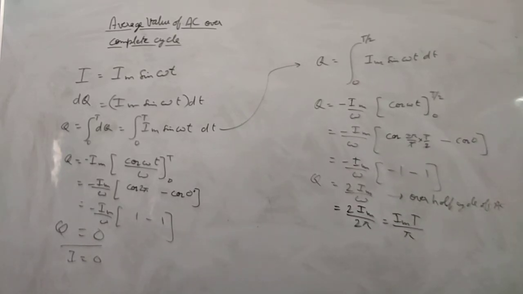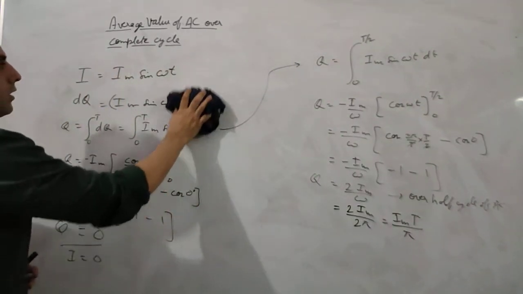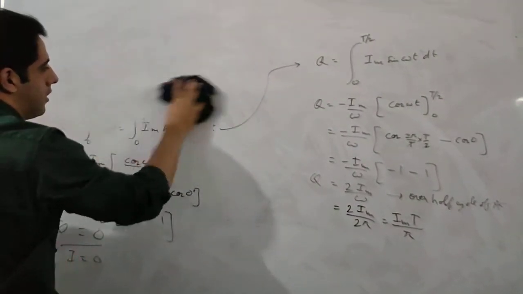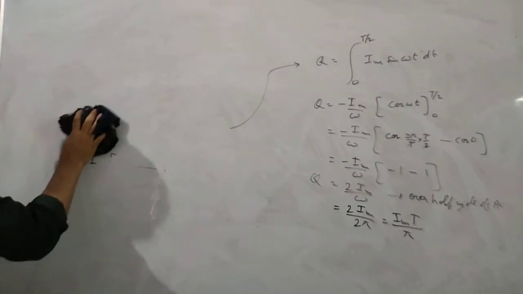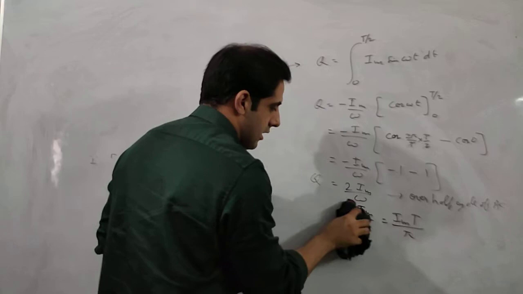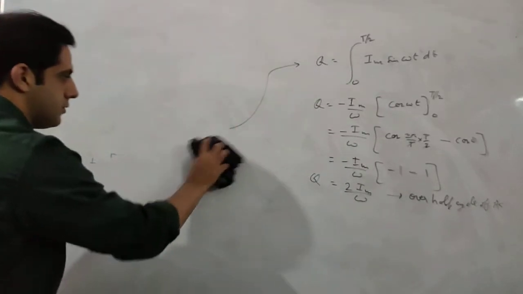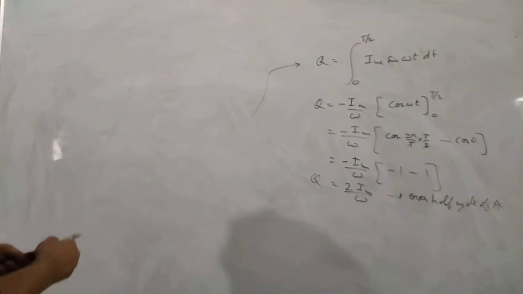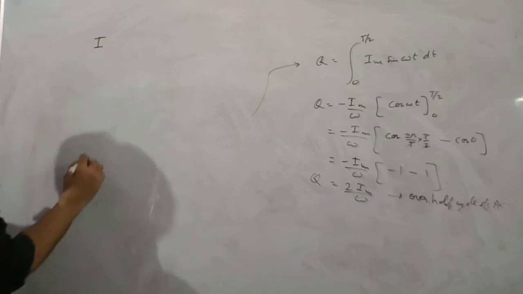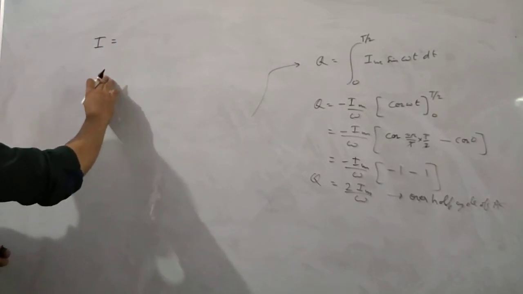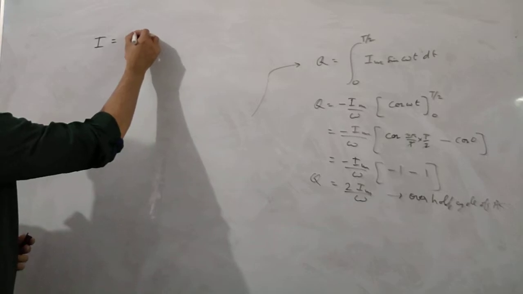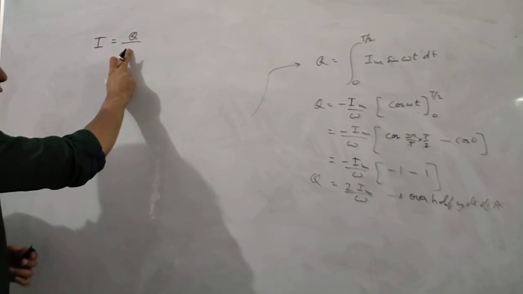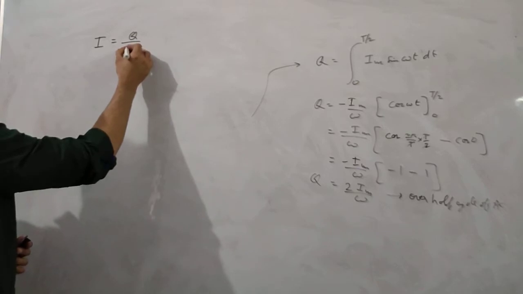So now if we want to find out the current, we write it here. We have the total charge over half the cycle, and we will use this for substitution purpose. Now if you want to calculate the total current over half the cycle, then current is the rate of flow of charge, that is q, and the time for which the charge is flowing, we are taking it as T by 2. So this will be the total current over half the cycle.